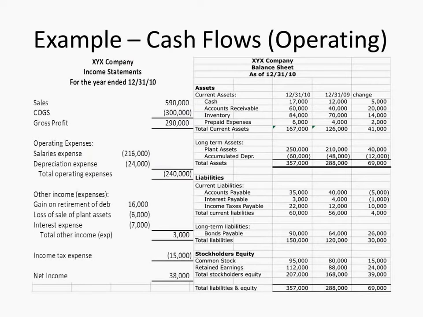So you have cost of goods sold of 300,000. We have an increase in inventory of 14,000, which means the idea is you're thinking I paid for inventory, so inventory goes up, cash paid to suppliers goes up. So 300 plus 14. And then alternatively, accounts payable went down during the period, which means you paid more than just that. You paid another 5,000. That gives us the 319 cash paid for merchandise.